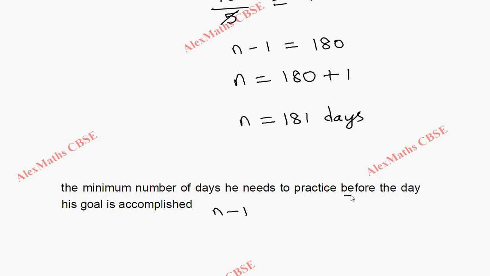But the minimum number of days he needs to practice before the day his goal is accomplished is till the previous day, that is n minus 1. So which is 181 minus 1, and the answer is 180